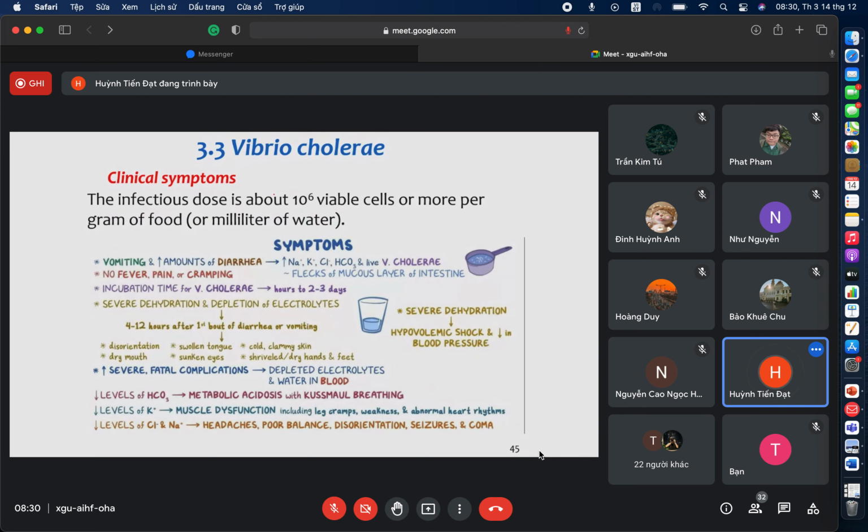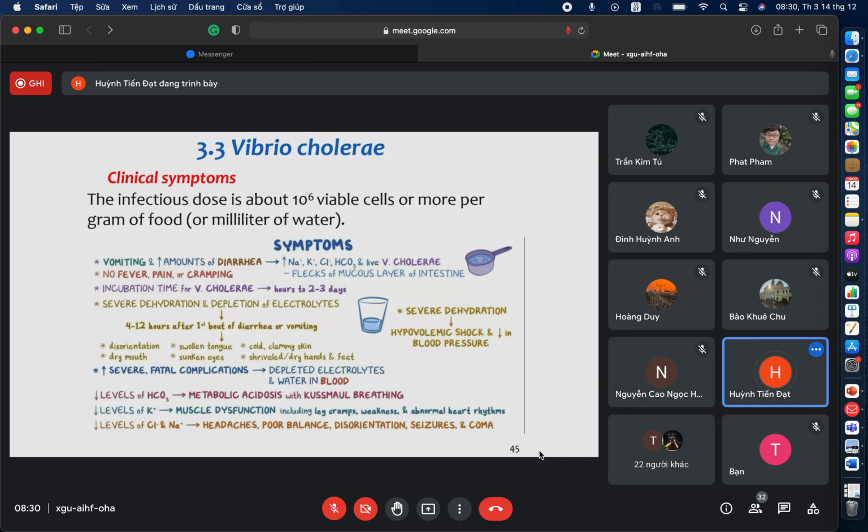So the clinical symptoms here: normally we involve the loss of ions, loss of water, and severe dehydration. Just a recap of the previous slide for you. They lead to symptoms, for example vomiting and increased diarrhea, because of the increased loss of sodium, potassium, chloride and bicarbonate, and no fever, pains or cramps